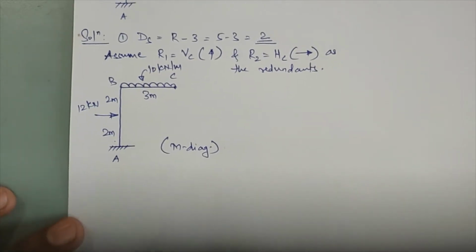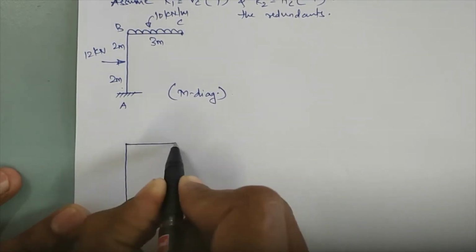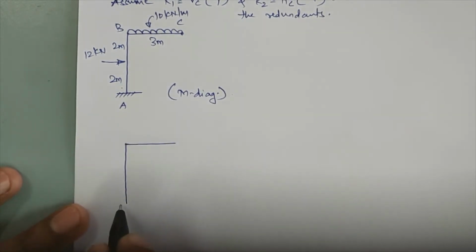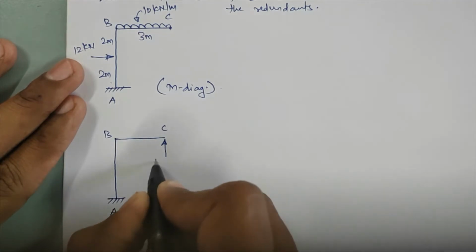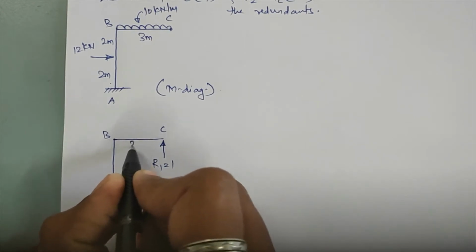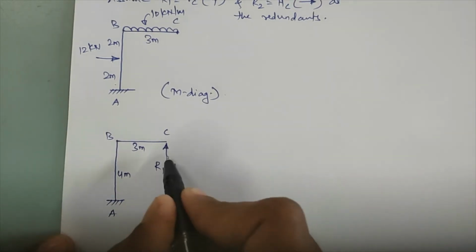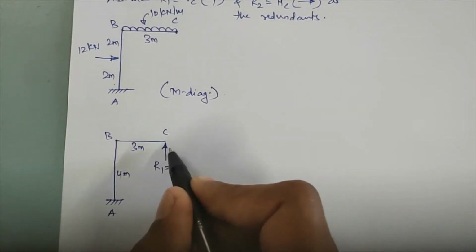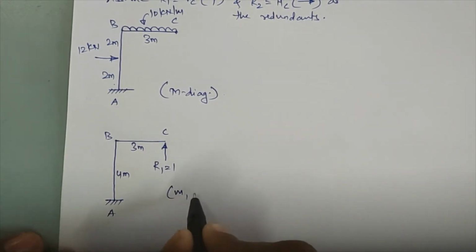Now using this diagram, we'll plot the small m1 diagram. In the small m1 diagram, we remove all the given loadings and apply a unit load at the first ordinate. That is, the first ordinate we have taken as the vertical reaction at point C. That means here we'll apply a vertical reaction R1 equal to 1, right? And this is 4 meters. So I have just taken R1 equal to positive 1, that is, the vertical direction equal to 1 at the first coordinate. So this diagram will be your small m1 diagram.